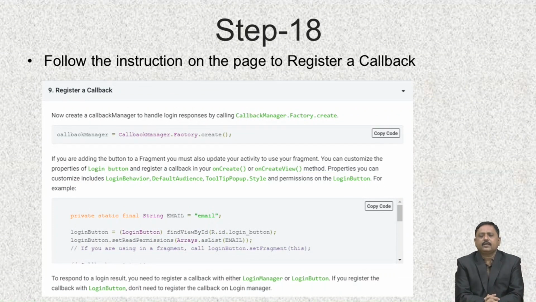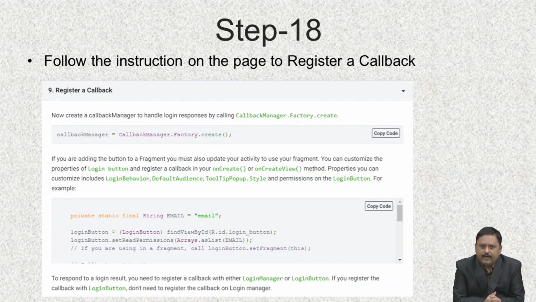Login may be successful or unsuccessful. So for that you have to register a callback so that you can handle login responses such as success, cancel or error.